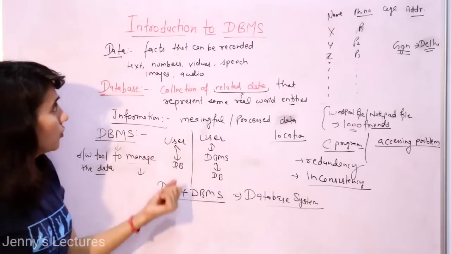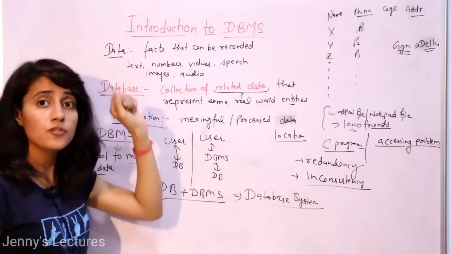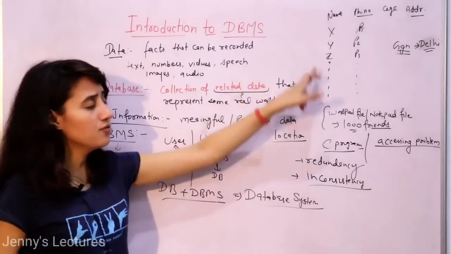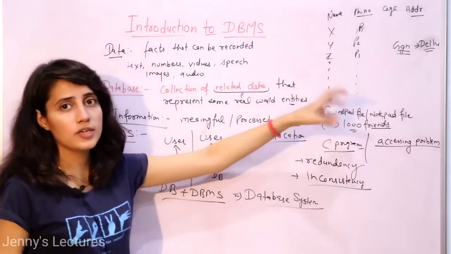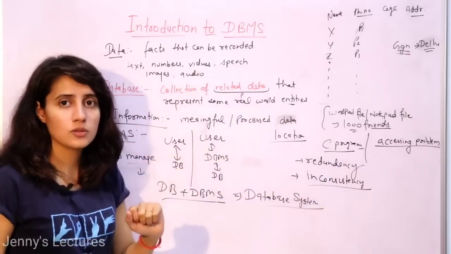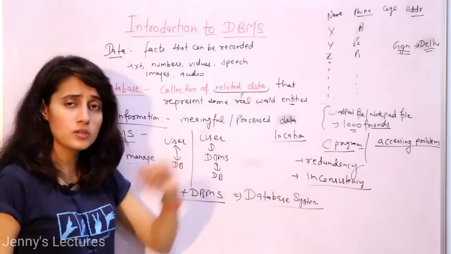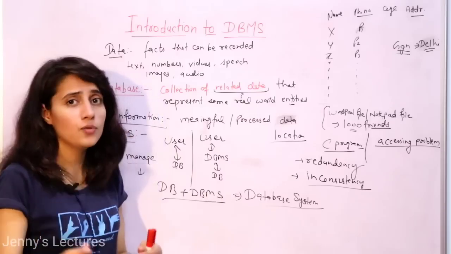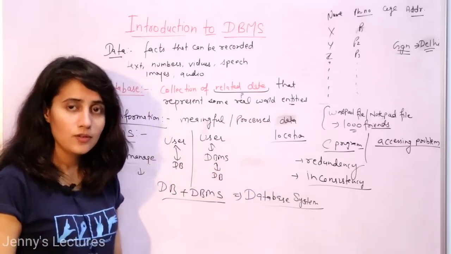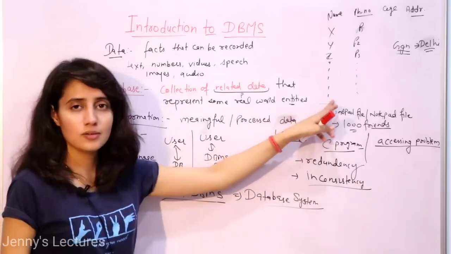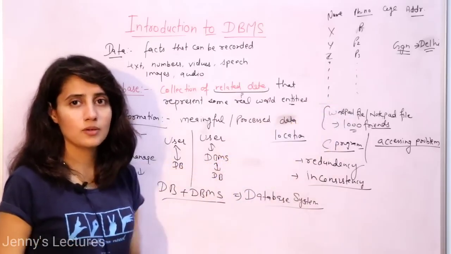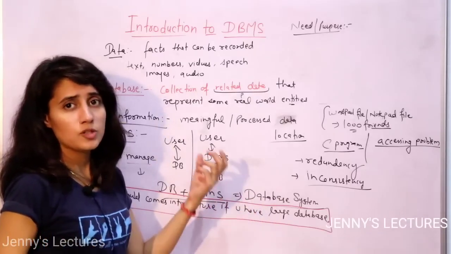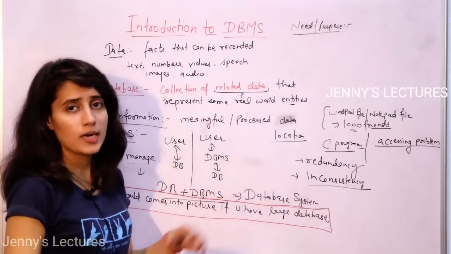And here one more important point: data may or may not be useful, but information is always useful. Now suppose I have 10 friends and I want to store and manage their data. Is it a good idea to use a DBMS for this? No. A DBMS should come into the picture when you are dealing with a large amount of data. If you are asked what the need or purpose of a DBMS is, simply say it is for handling a large amount of data.